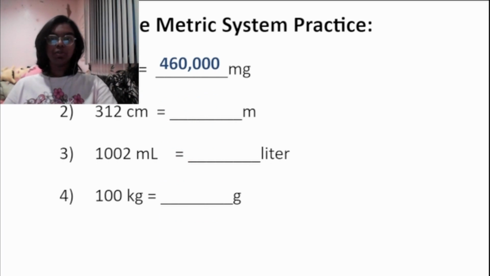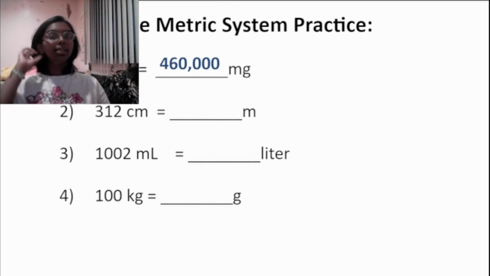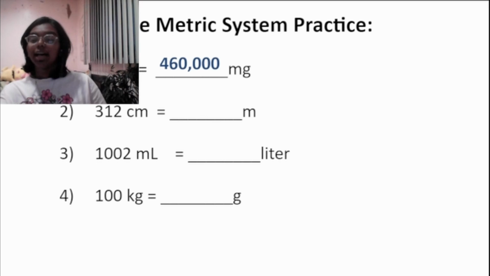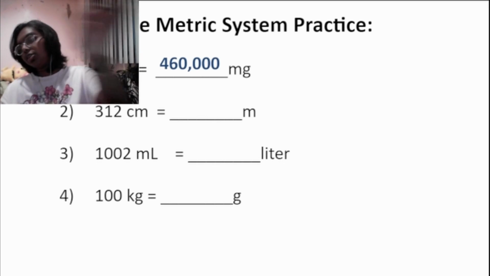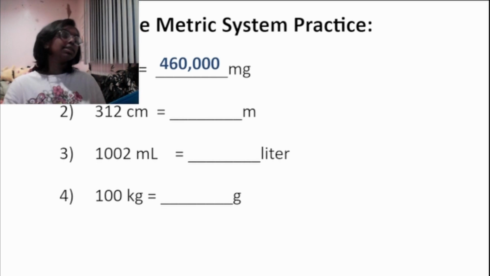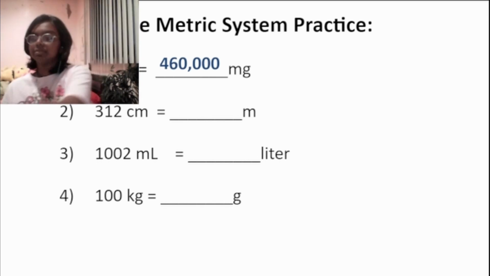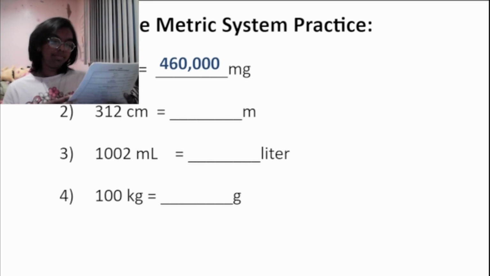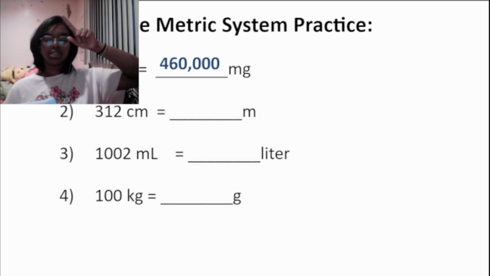Anyways, so 1 is 460,000 milligrams. Why? Because milli means 1,000, right? So you just multiply by 1,000. Actually, I'm gonna take out my reference table just so I can double check. Yes, milli is on here, so it's 10 to the -3rd power, right? So pretty much you are going to move the decimal places 3 to the